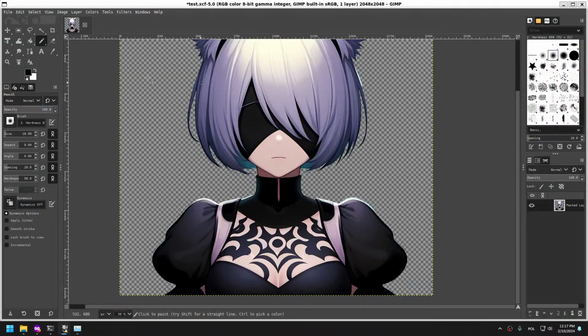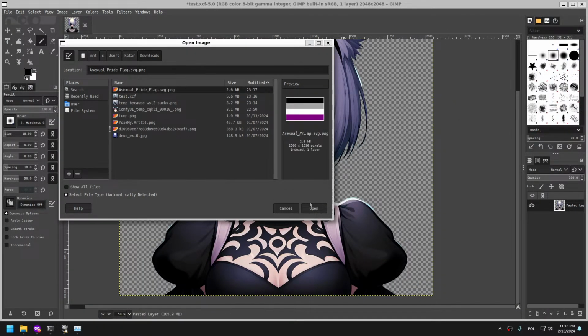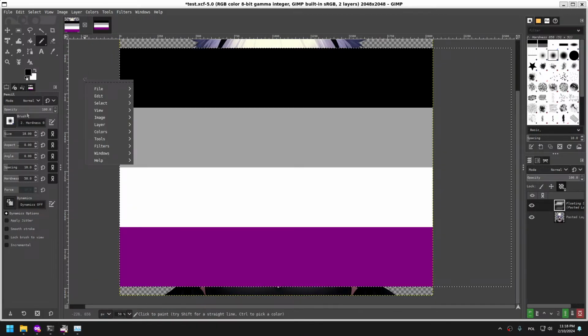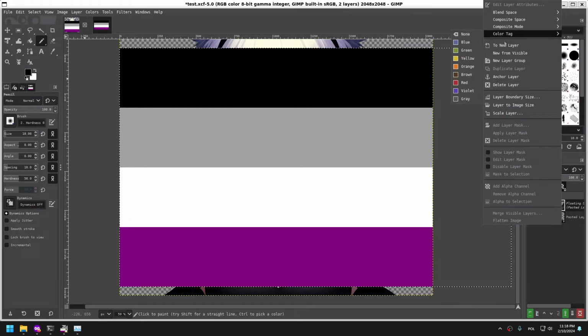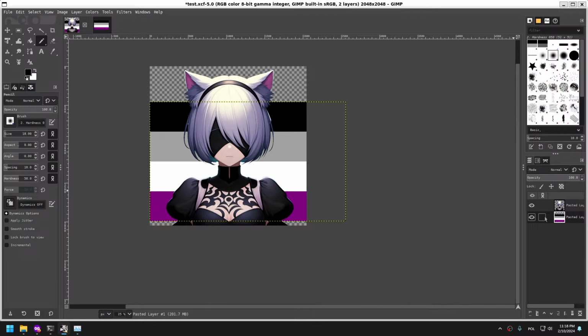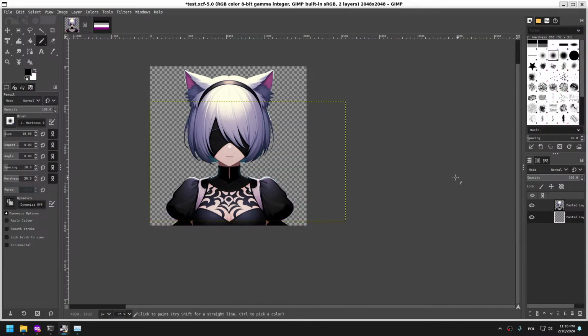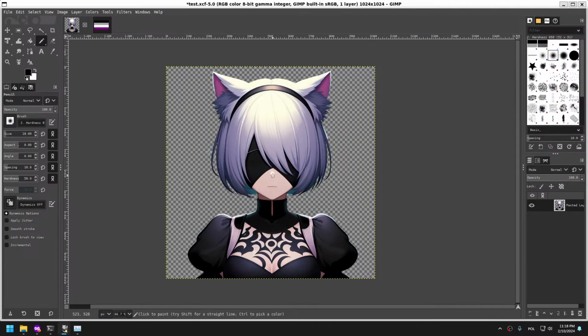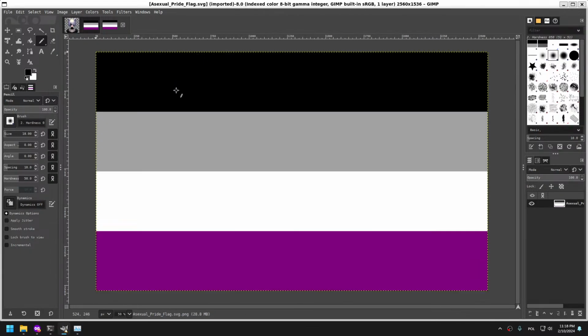Yeah. I literally cannot copy stuff into the clipboard, probably because Windows sucks. I forgot where I want to paste it in. To new layer. Thank you very much. Actually, no, I want this layer gone. No, delete the whole layer. Image, scale image to 1024 by 1024. Yeah. Boop. And it's like 10 times faster. Holy shit. This is running in a virtual machine from multiple,